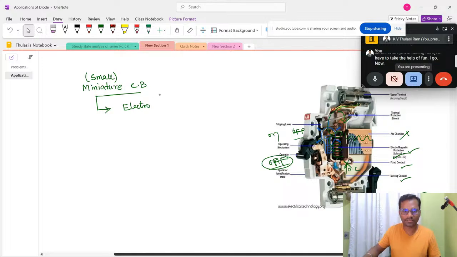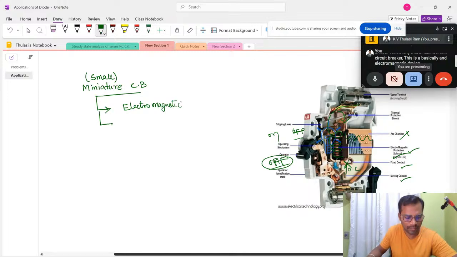Now let's discuss this. This miniature circuit breaker is smaller in size, that's why it is called a small circuit breaker. This is basically an electromagnetic device, and it is molded. You can see it is completely molded in an insulating material. The plastic material is used, and it acts like a completely molded material. It is kept inside,